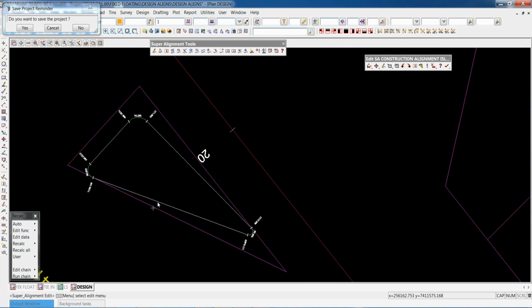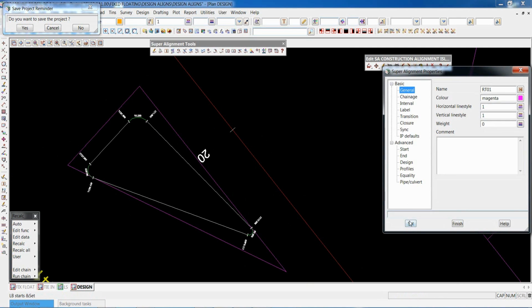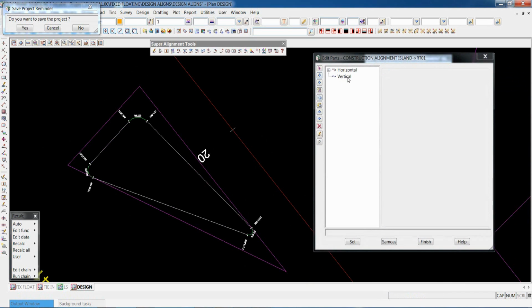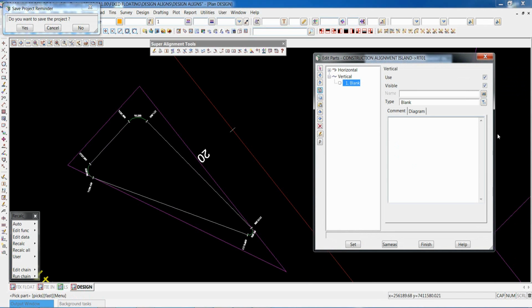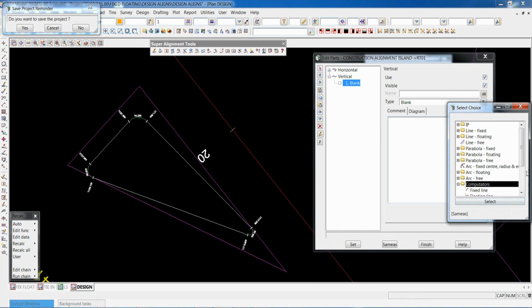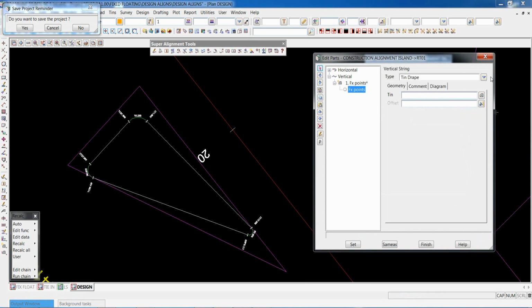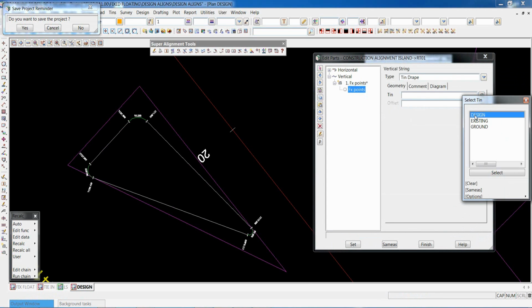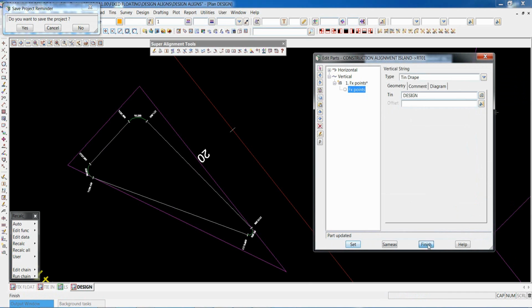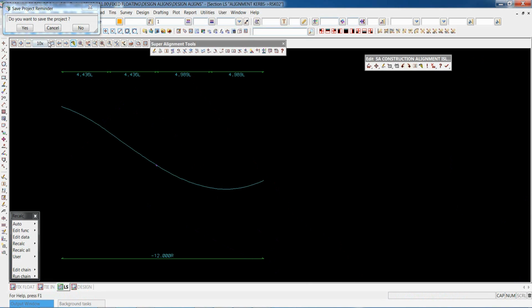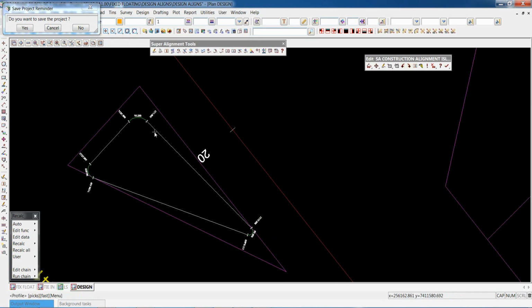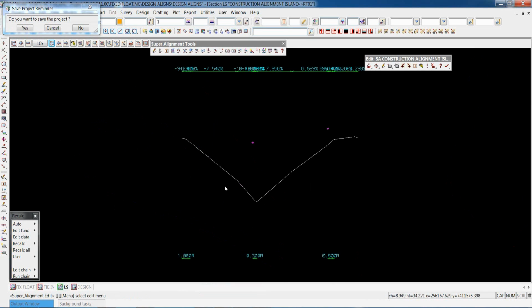Most traffic islands and those sorts of things, you normally have a road design surface or tin that you've created, and you're just draping these on top. So in that case, for the vertical, we go to the vertical part, and like we did in our tie-in job or our reconstruction, we drop down to commutators and we pick fixed points. It's just a matter of draping onto a tin. The tin I want to drape onto is design. I go set. So if you look at your vertical geometry for our island, it's just got vertical geometries that match the design tin surface.